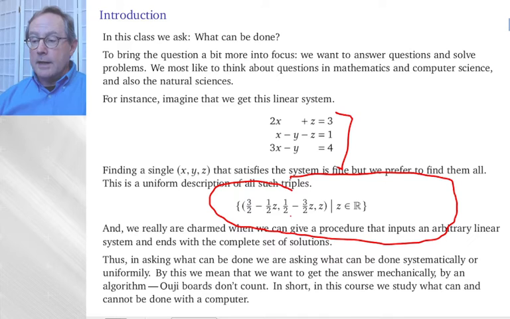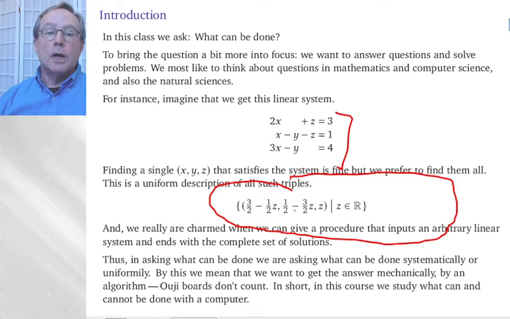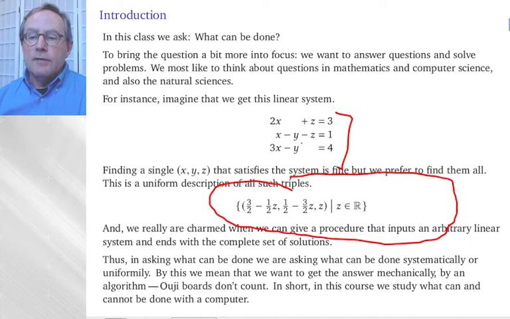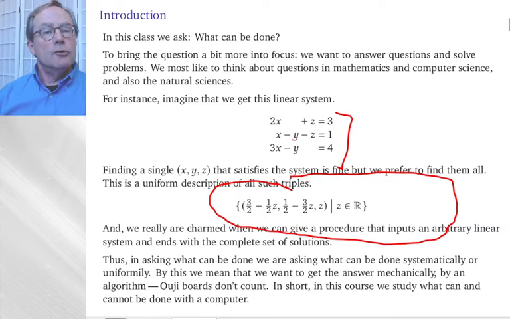So, when we ask what can be done, we're asking what can be done systematically, uniformly. I don't want to guess. I don't want to have somebody saying, I noticed that if you take Z to be 0, then you can try that X is half Y. Noticing is great, but we want something that is systematic or uniform, algorithmic, something that can be done